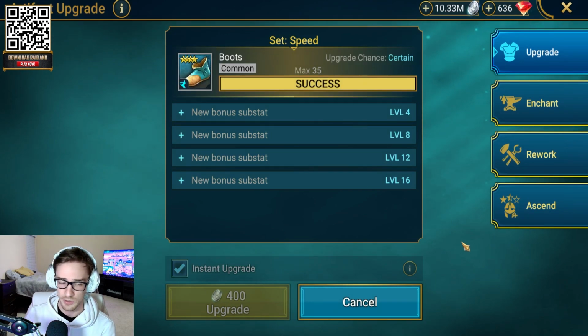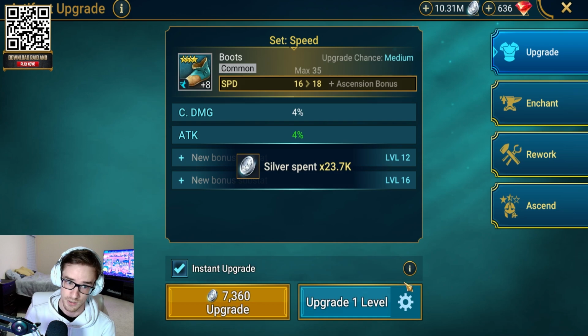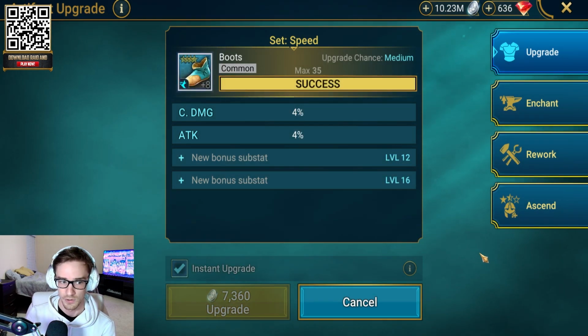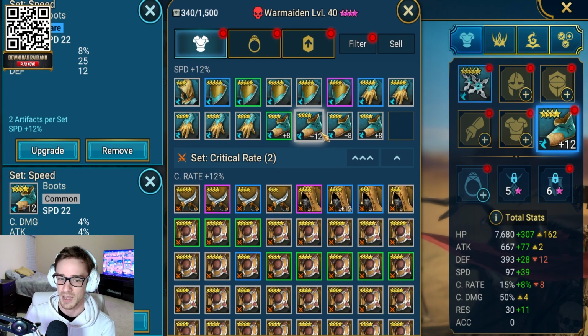Okay, doing just a +4, +8 is very cheap. So this we want attack or crit chance or accuracy. Attack. So this is looking like it's going to be a damage boot. So I'm going to go to +12. And we got HP. So that is what it is. These first little batches of speed boots you'll use on your starting roster for now, because once we get our